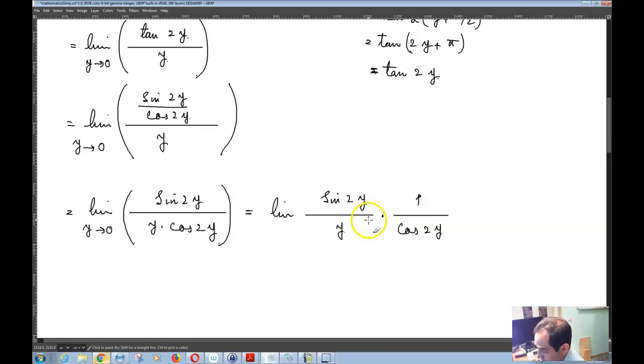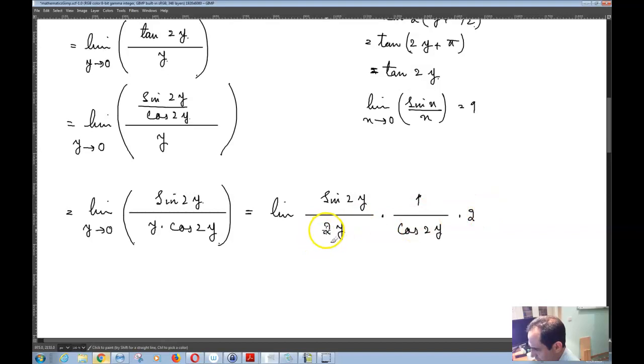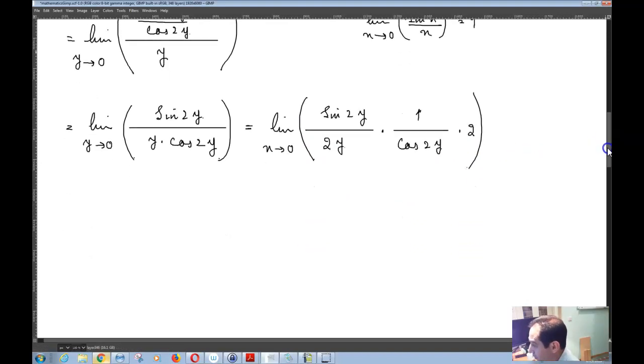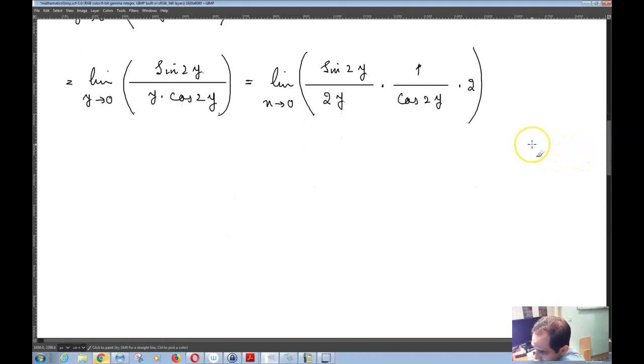And then as you remember, hopefully, we said that the limit of sine x by x as x tends to 0 is equal to 1. Now if I make this 2y and then multiply a 2 over here to cancel these two 2's out, then as y tends to 0, what happens is